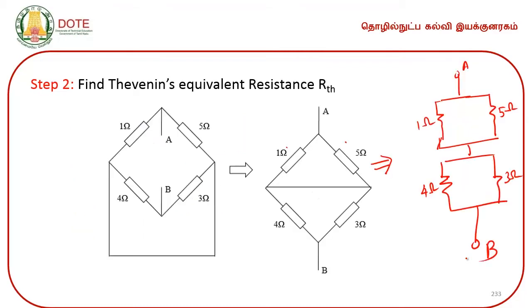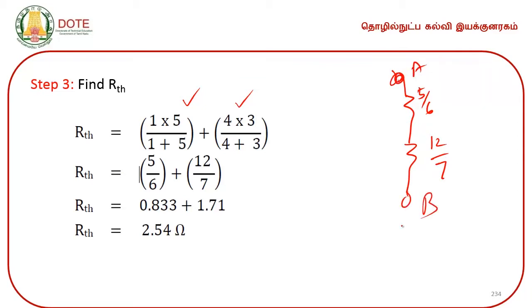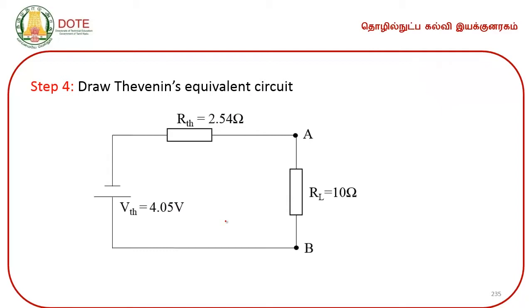So, 1 into 5 by 1 plus 5 is 1 equivalent, and 4 into 3 by 4 plus 3 is another equivalent. So, both are in series. So, you will have 5 by 6, 12 by 7. So, this is the terminal A, this is the terminal B. So, finally, addition of these two will yield 2.54 ohms. So, the Thevenin's equivalent resistance is 2.54 ohms and here it is